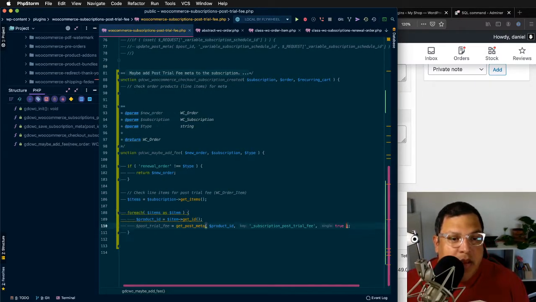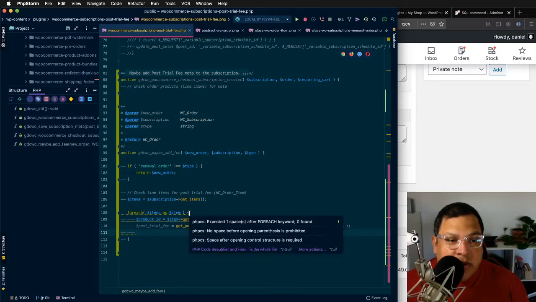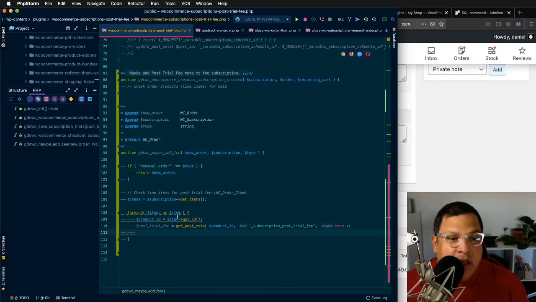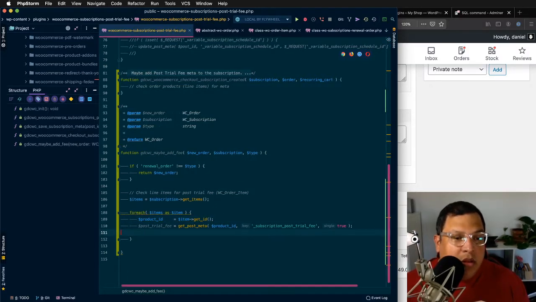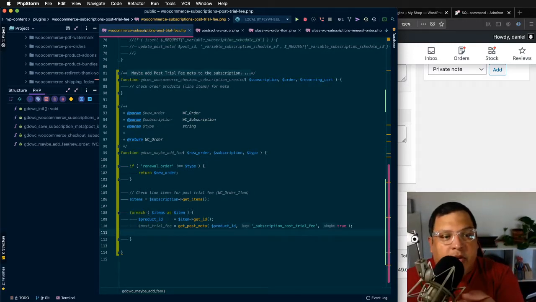Yep. And so now if we have a post trial fee, more squigglies, right? Okay, what's wrong with our squigglies? For each item as item, I know this is complaining because of these equal signs. For each, is there space? This linting's gonna drive me crazy. Cool, clean. Okay, so for each item in this order, we're gonna check, get its ID, and then we're going to